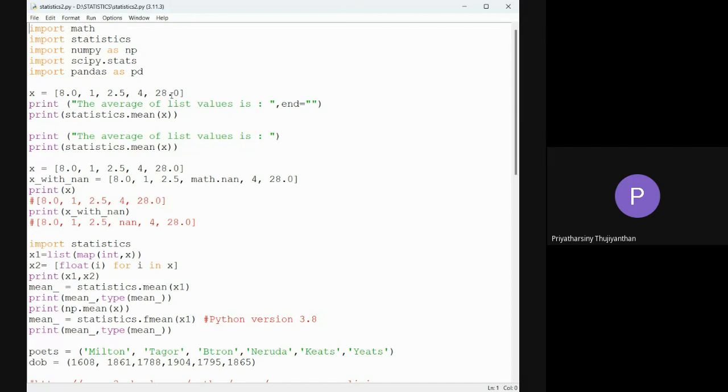Then I've written print average of list value is this, then print statistics mean x. Then again I've written print the average of the list value is this, print statistics mean x. Now, okay, if I run this code,